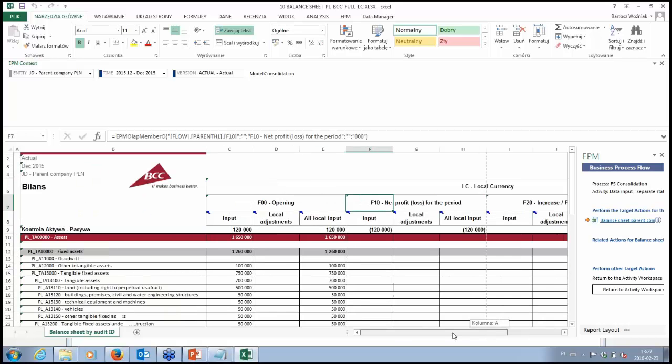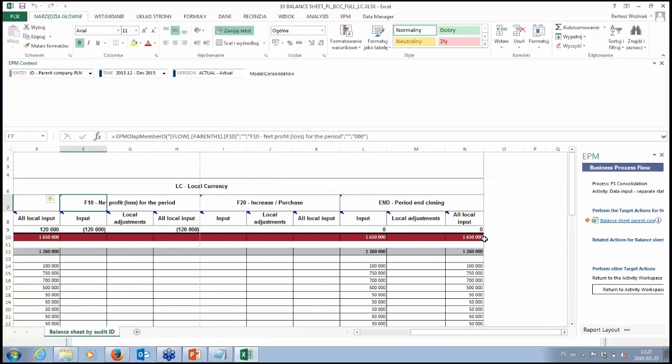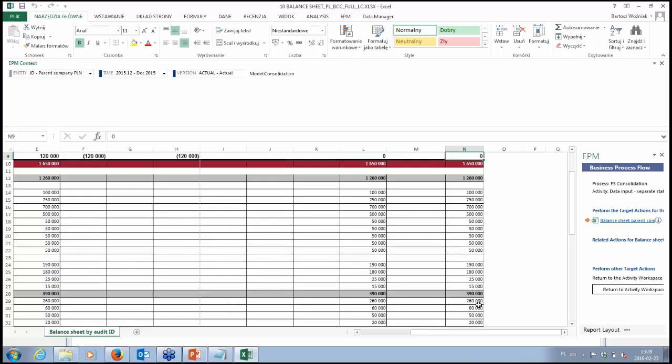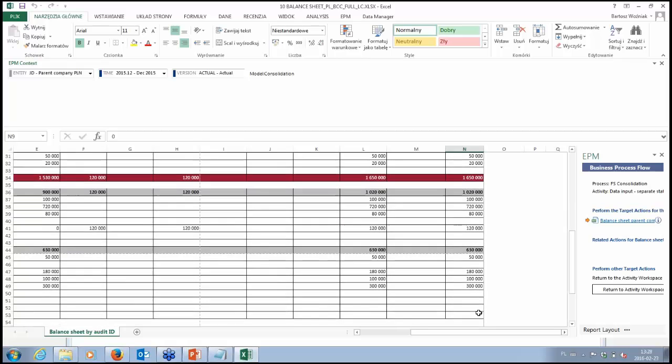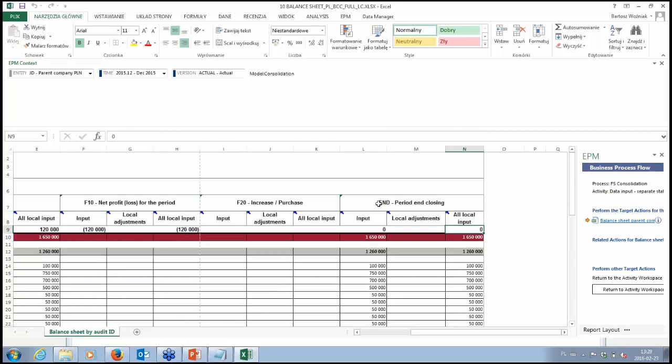As you can see, I have here some kind of check that my assets are equal to liabilities, and this is really true. So this is responsible for some kind of closing balance.